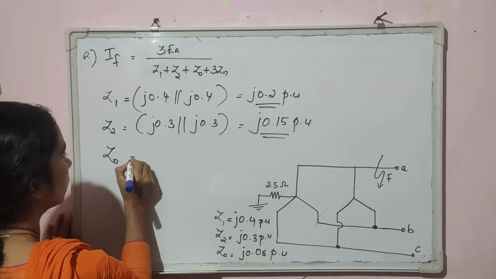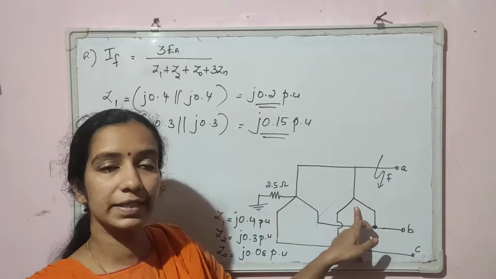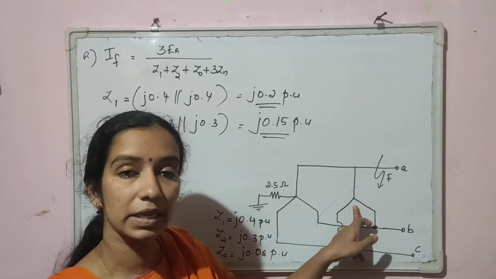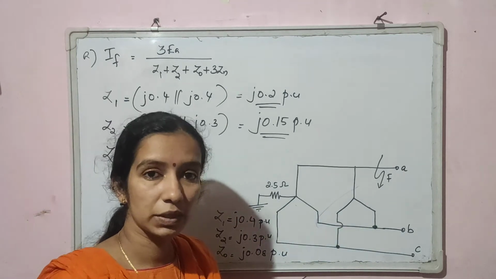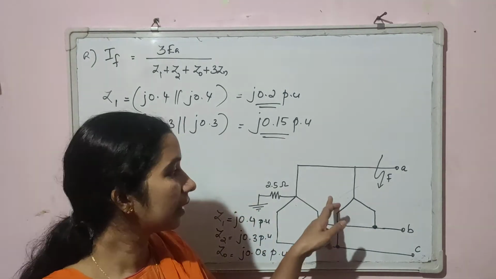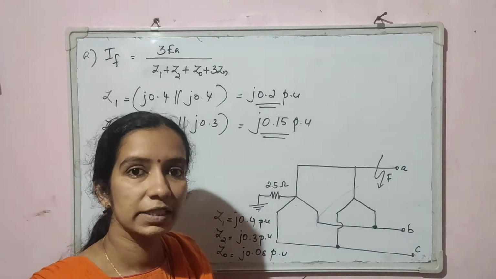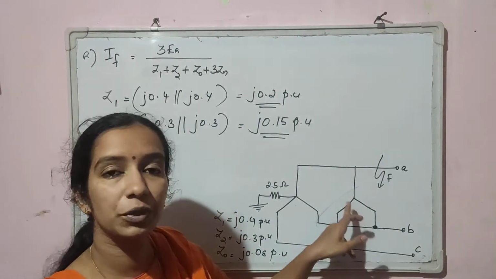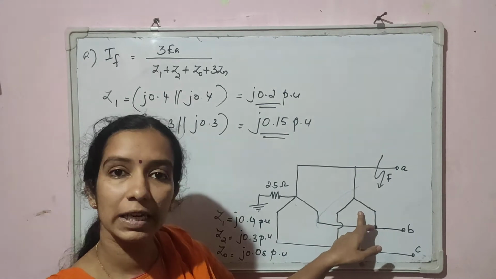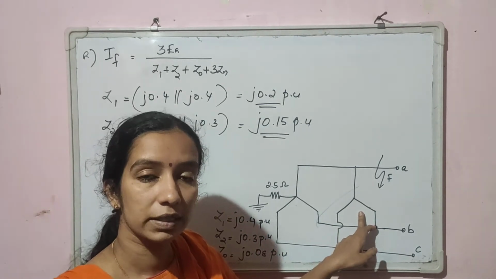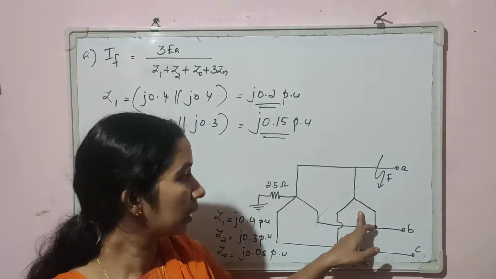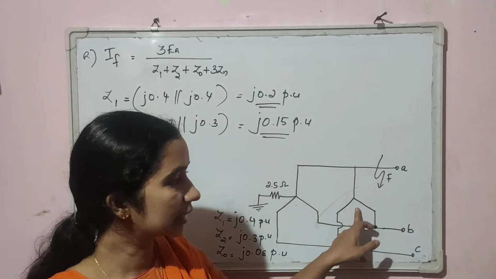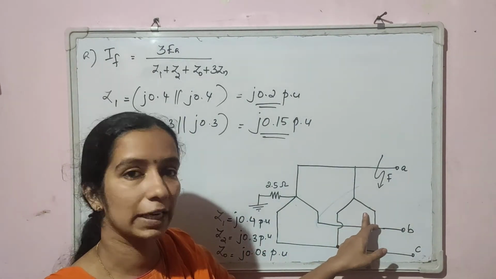So Z0. We know in this diagram this particular alternator has an isolated neutral. Its neutral is ungrounded. We know that zero sequence current can flow only if the neutral is grounded. In a star connected winding, zero sequence current will flow only if there is a ground path. So for this alternator with an ungrounded neutral, the zero sequence current will not flow, or its zero sequence network will have an open circuit. So we don't have to consider the zero sequence reactance of this particular alternator.